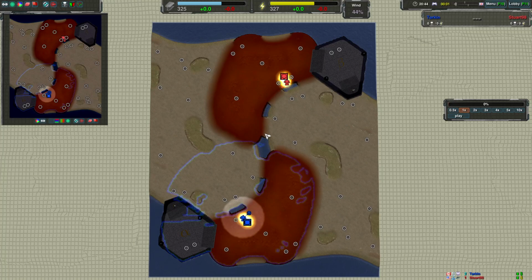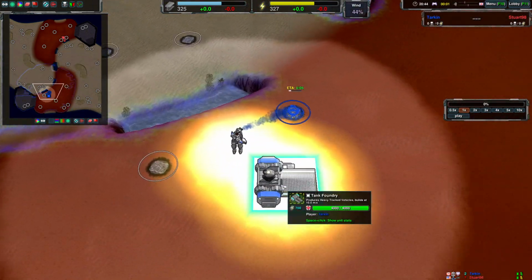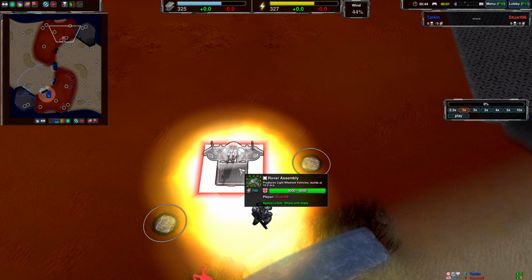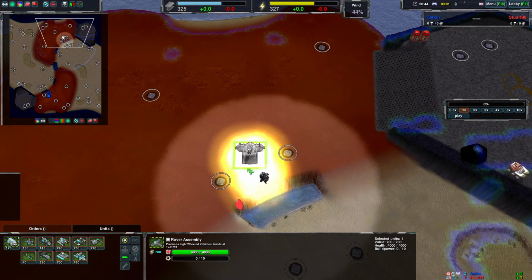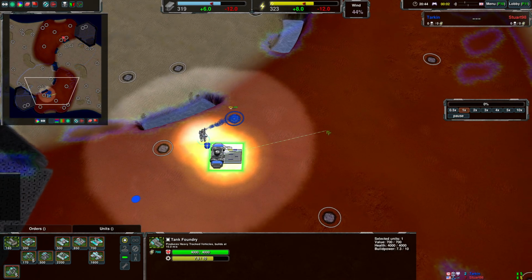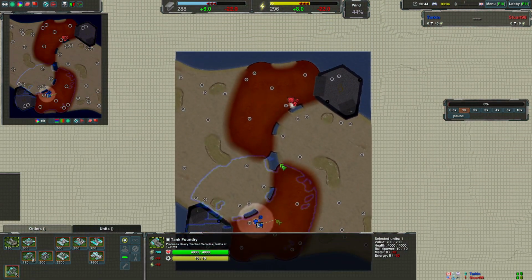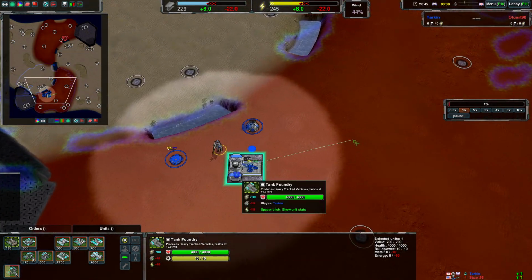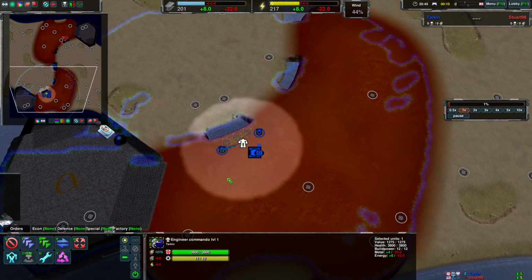Welcome to a game between Tarkin in blue versus Stuart98, starting Rovers. So, Tarkin is starting tanks. This is the map Faultline. This is somewhat macro focused. You need to make quite a bit of